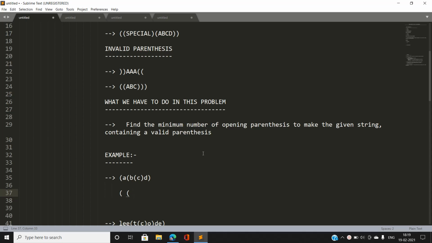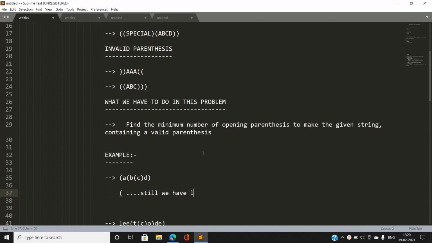Now we encounter the element D. Note that I am not going to consider this because it is a letter. Now again we have a closing parenthesis, so let's take this. If we take this, it makes a valid pair with an already present opening parenthesis, so I am going to erase this pair also. Now you can see we have iterated through the complete string.